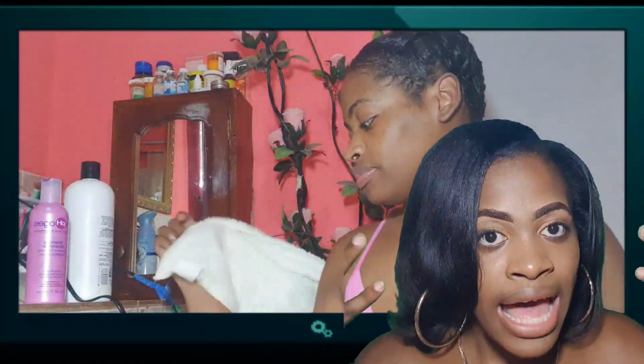So once the protein is in your hair, you have either two options. You can go under the hooded dryer, or you can use a hand dryer. But when you're using a hand dryer, you're not manipulating your hair at all. You're not touching your hair from the position that it is in, because you can cause a lot of breakage from that. Once you have gone through and you have dried fully, then you want to go in and you want